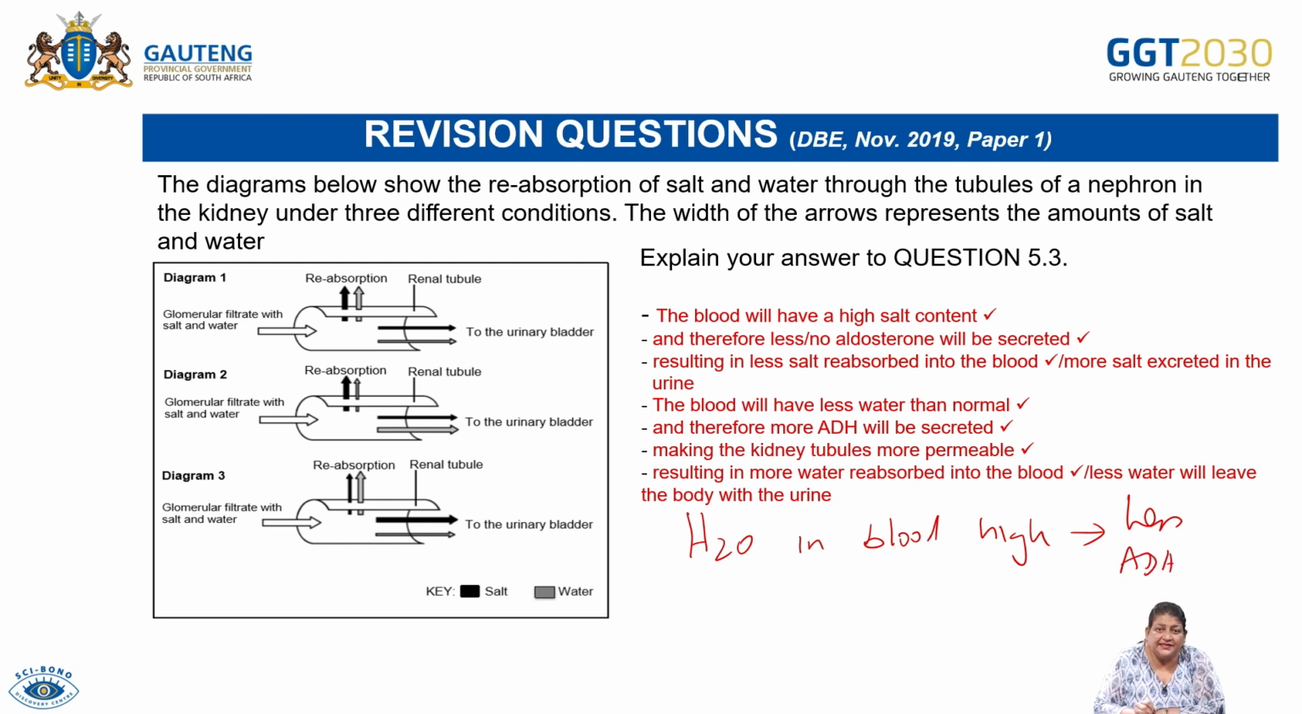Water level in the blood is high, less ADH. Kidney tubules are not permeable to water. More water will be excreted in the urine, and then the water level will go back to normal. If your water level is going to be low in the blood,